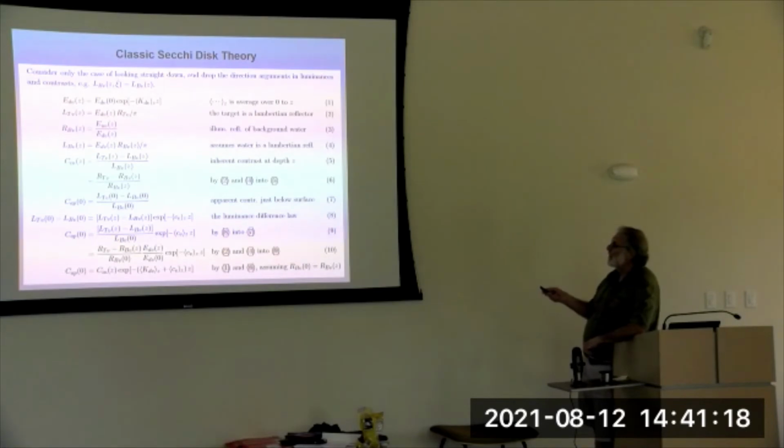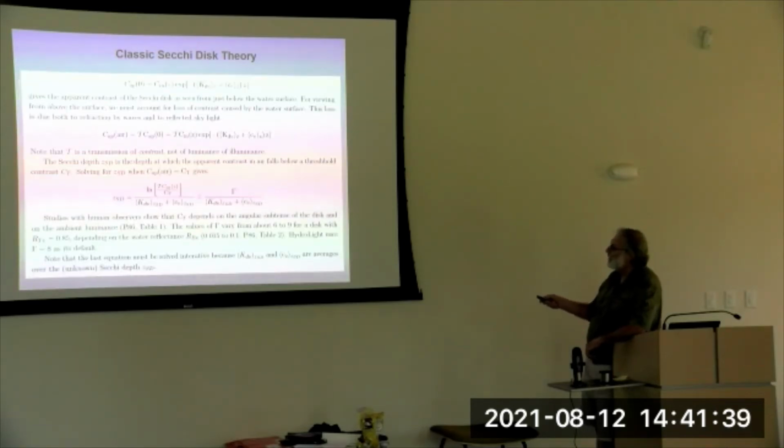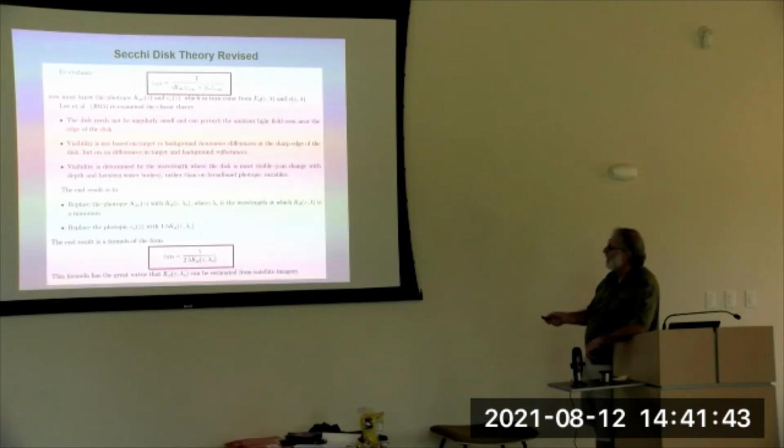But Preisendorfer starts out and says, well, we're looking straight down, works through the math here, makes the little assumptions about the disk being a Lambertian reflector and so on and so on, rewrites things using the Luminance Difference Law. Here's the inherent contrast, and works through the math, puts in a fudge factor to account for surface loss of what you're seeing, and finally comes up with an equation that says the Secchi depth looks like the